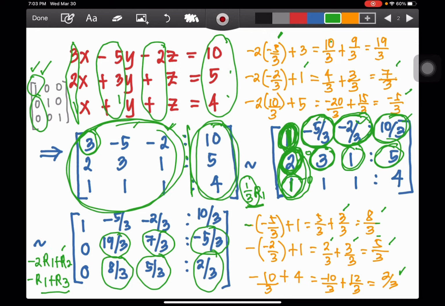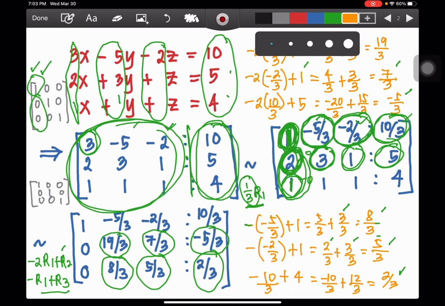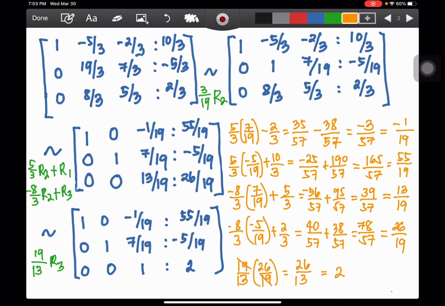So, what's next is, again, you have to recall the identity matrix. So, 1, 0, 0, 0, 1, 0, and 0, 0, 1. Next is the second row and second column. This one, you are going to make equal to 1. So, how are we going to do that? We simply multiply 19